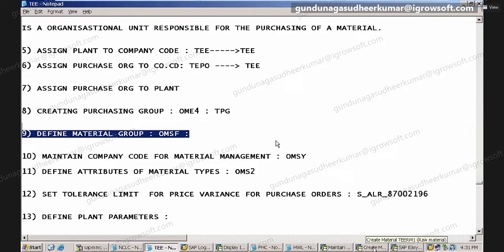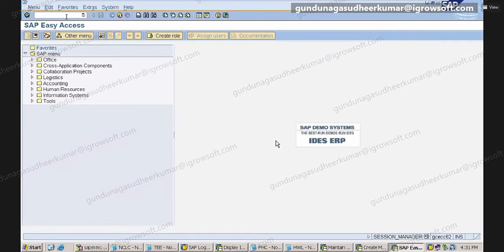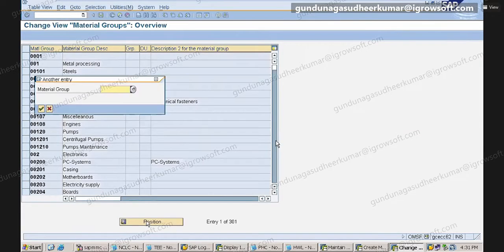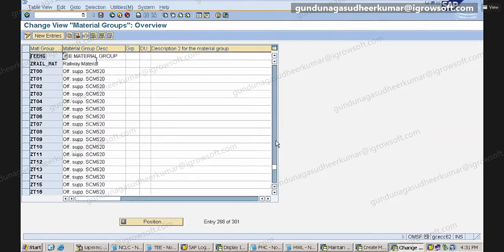Let me check once whether we have saved it or not. TEMG. Yes, sir, it's there here.